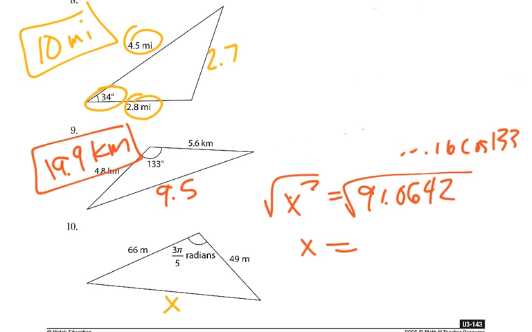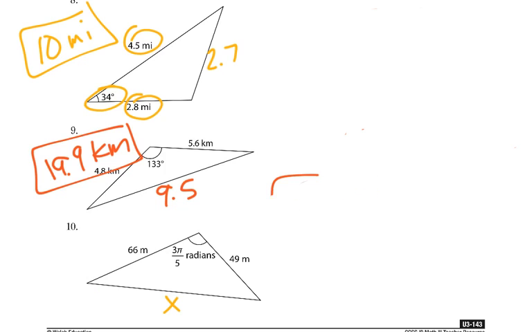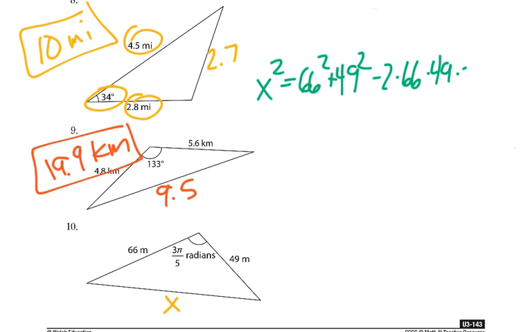So this last one, we set it up the same exact way that we've been doing, except this time we're doing radians, so it's just slightly different. So if I need to, I can go and change back to radians on my calculator. Okay, that's pretty important that you do that. So then we set it up. X squared equals 66 squared plus 49 squared minus 2 times 66 times 49 times the cosine of 3 pi fifths. Then we take the square root of that whole thing